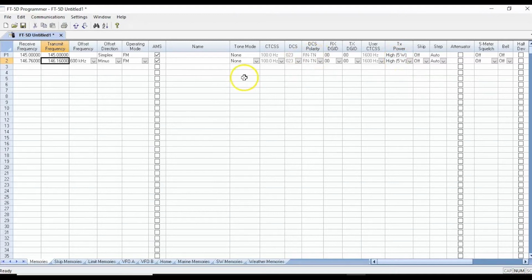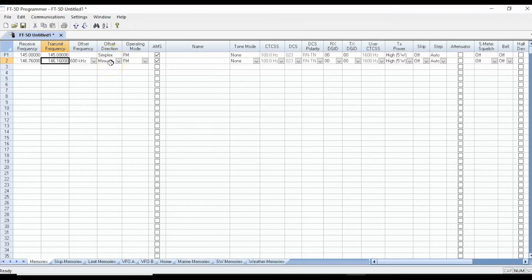What it doesn't fill in is the name of the repeater, or where you want to rename it, nor the tone mode or whatever setting you need for the CTCSS, etc. But doing this part right here with the transmit, offset, and everything, that's pretty handy. And it even has the direction already